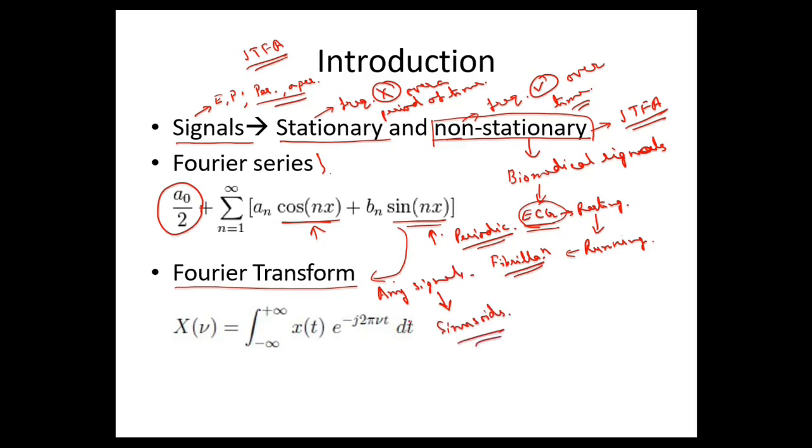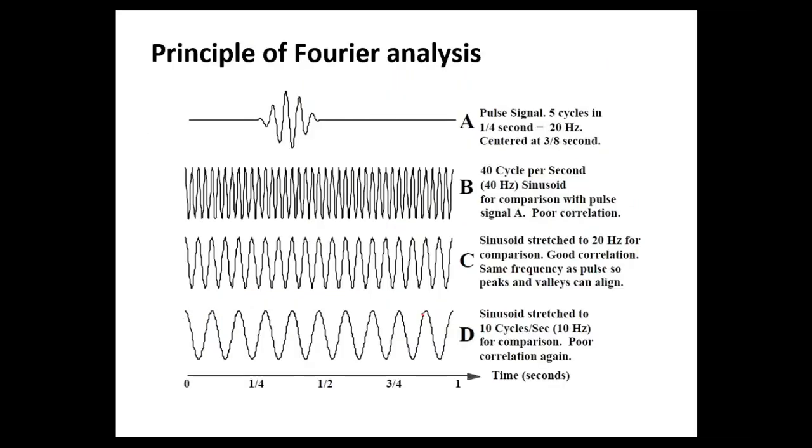Okay, and this is the takeaway from here. Now let us see the principle of Fourier analysis, what it does. Suppose you have a pulse signal and it is having a frequency of 20 hertz. Now what we do in the Fourier analysis, basically we take a series of